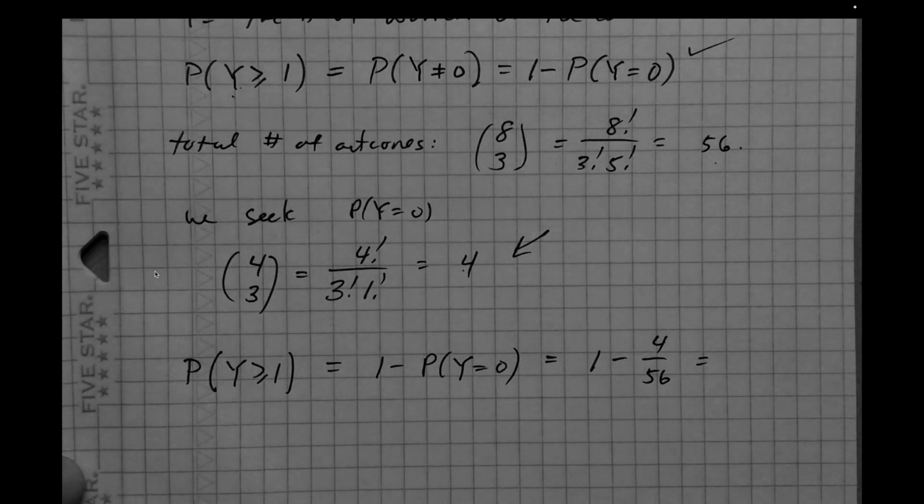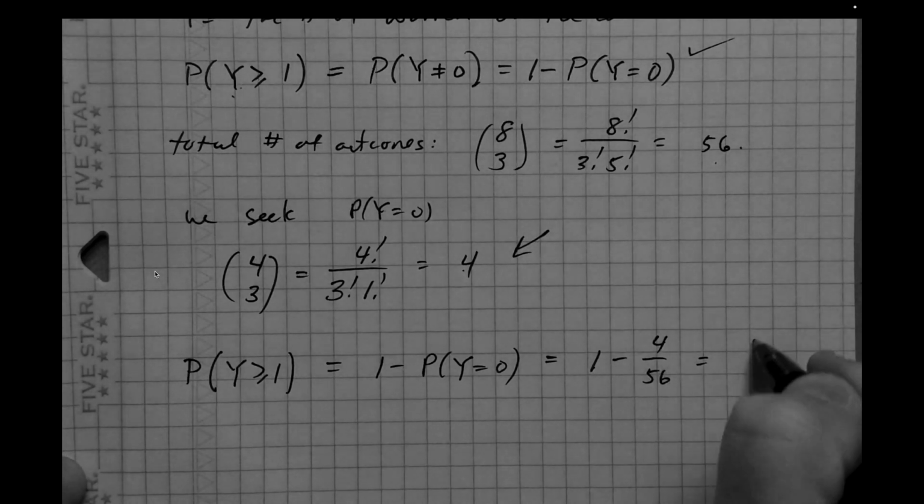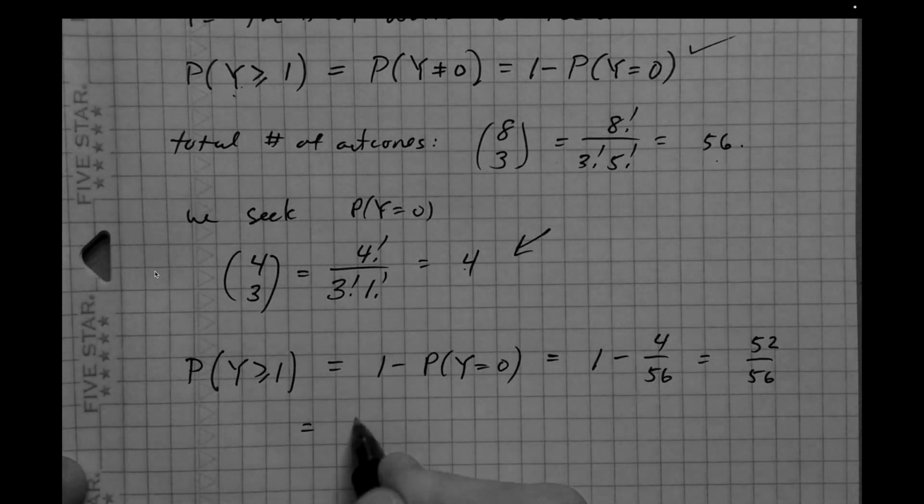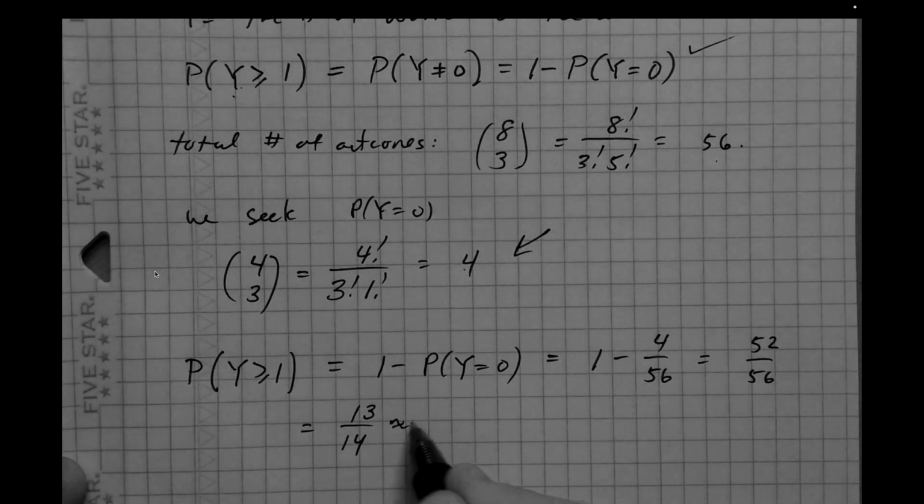If you do that, 56 minus 4 is 52, so 52 over 56. And I believe that's 13 over 14 if you divide everything by 4,